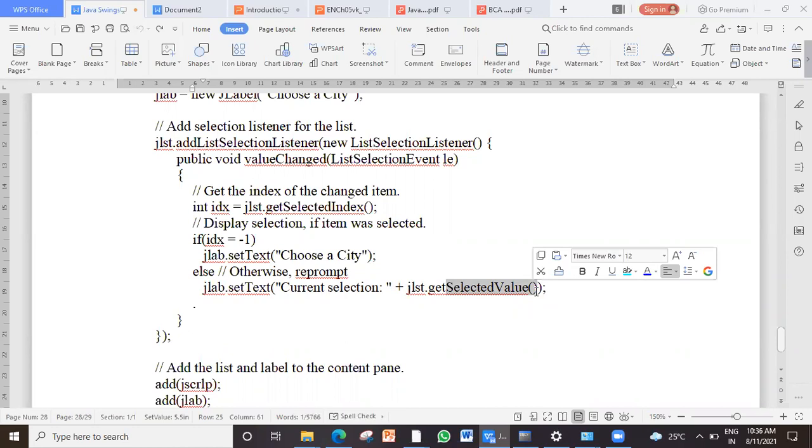But this will give an error in case the user has not selected anything and directly clicked. What will happen? If you try to display this get selected value, it will be an exception. Item is selected or is not. That's why it's always better to check the selected index.